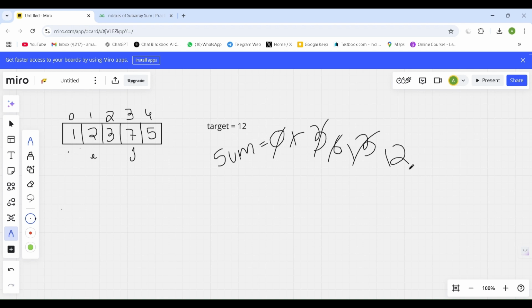Okay, it will be 12, and this window is giving a sum which is equal to 12, and also this window is the first window whose sum is equal to the target. So in the answer vector, we have to simply push